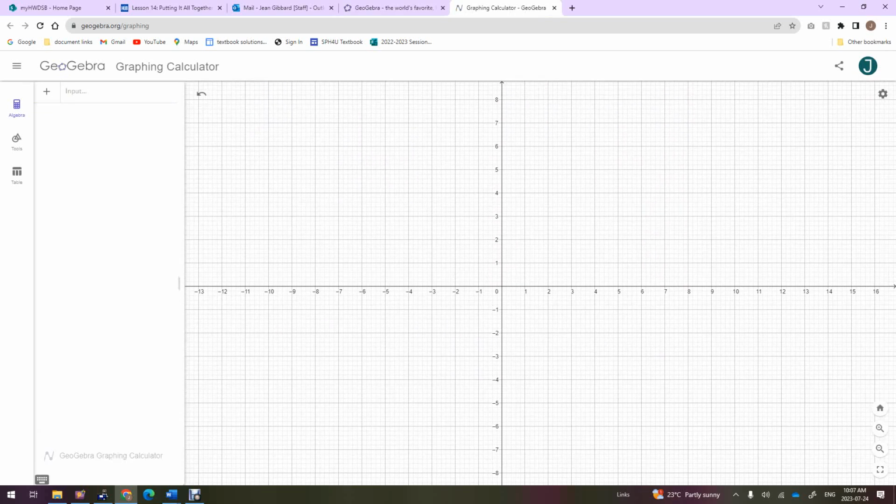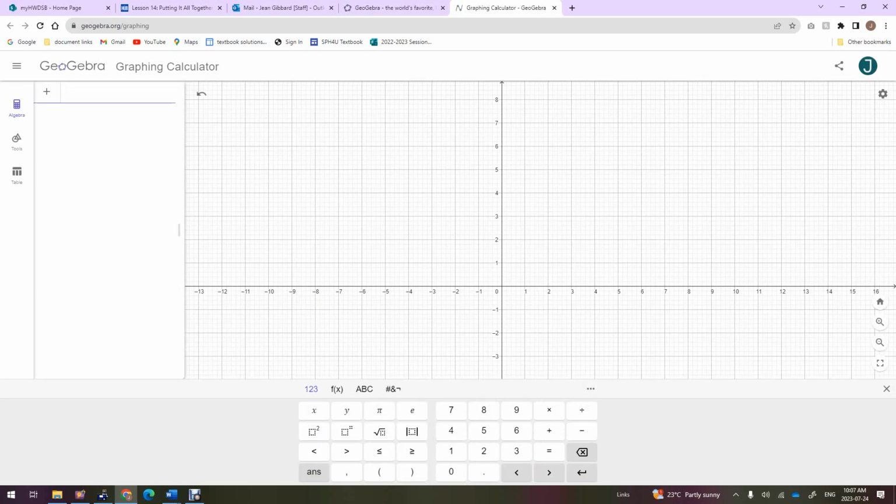So what we want to do is come up to the input box, just like we would in Desmos, and I'm going to type the equation. y equals x to the exponent. Now the exponent, again, is that little caret above the 6. 4 plus,